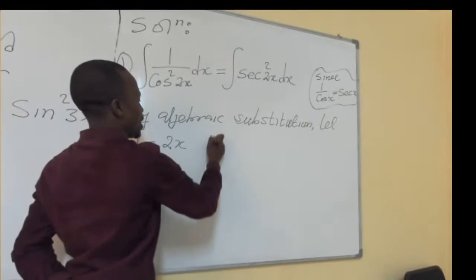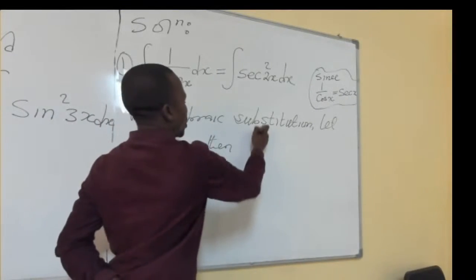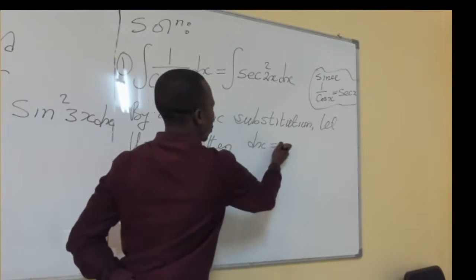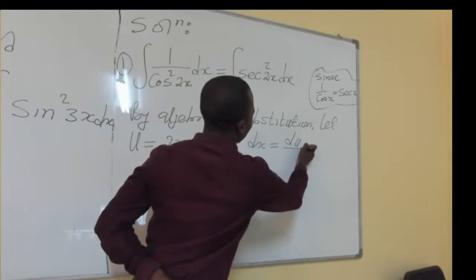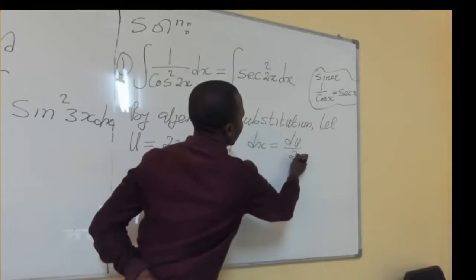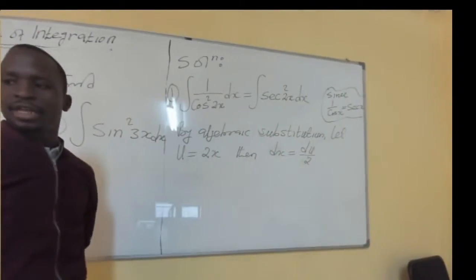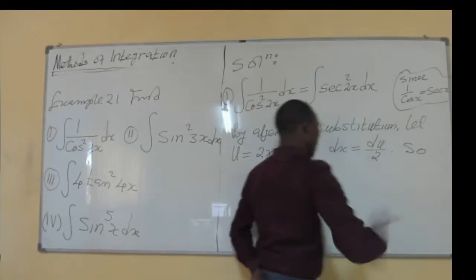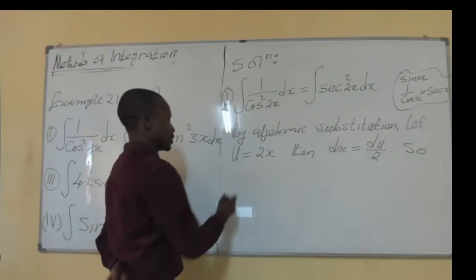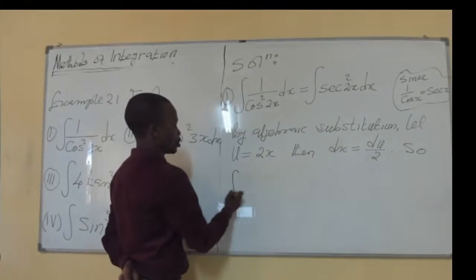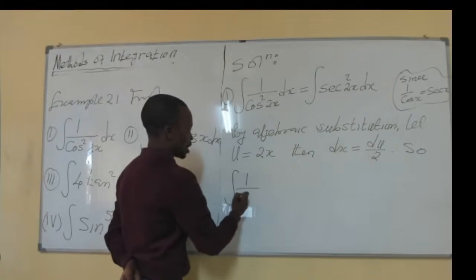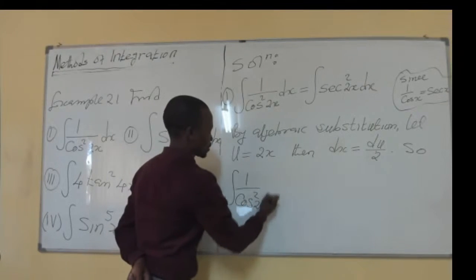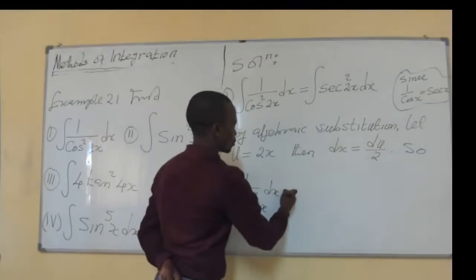2x, then our dx will be equal to du over 2. Okay. So if this is the case, then the integral of 1 over the cos squared of 2x with respect to x,